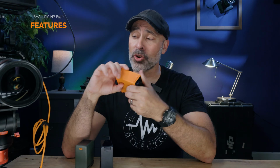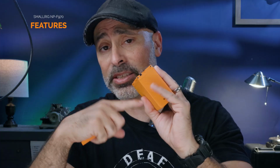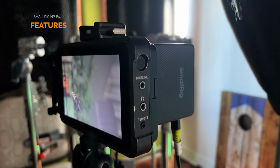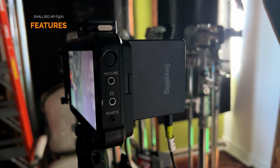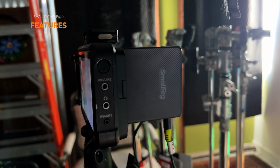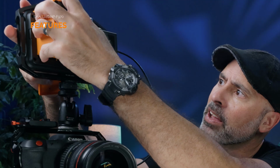Now, as I started off saying, because this is a Sony basic NP battery, you can see it's got that Sony NP mount there right on the back. This thing can basically be plugged in to a lot of your existing equipment without any additional mounts, add-ons, or cables. This thing just slips right in. And, you know, I have an Atomos Ninja. I'm gonna put it right here, and as you can see, I can slip this, boom, right there